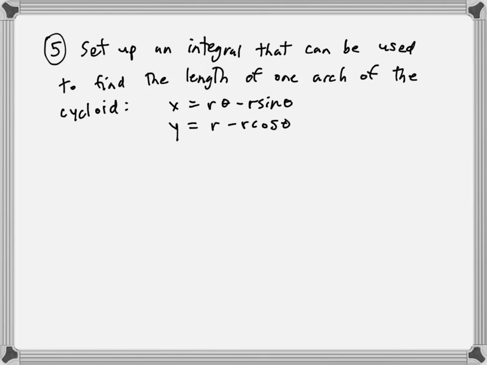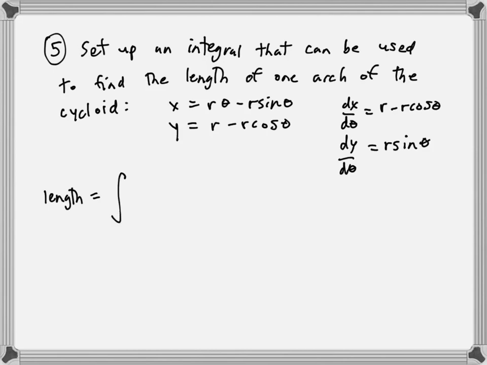Okay, well, we already have dx and dy, right? We've taken these derivatives before. Remember, dx d theta is equal to r minus r cosine theta, and dy d theta is equal to r sine theta. So the length is going to equal, remember, theta goes from 0 to 2 pi, and that's going to give us one arch, okay? So 0 to 2 pi,